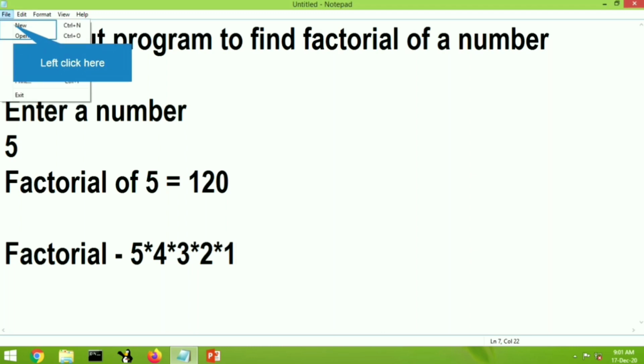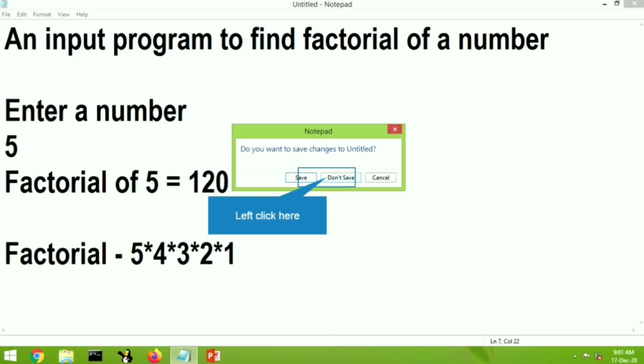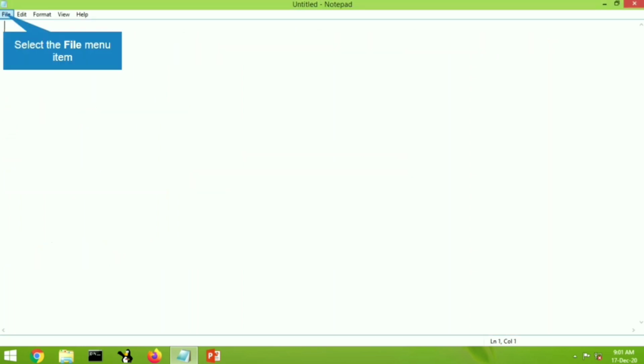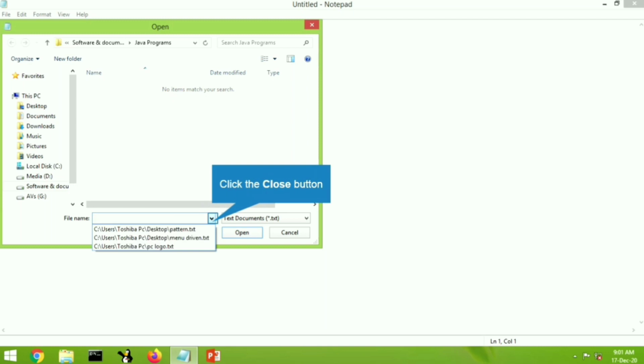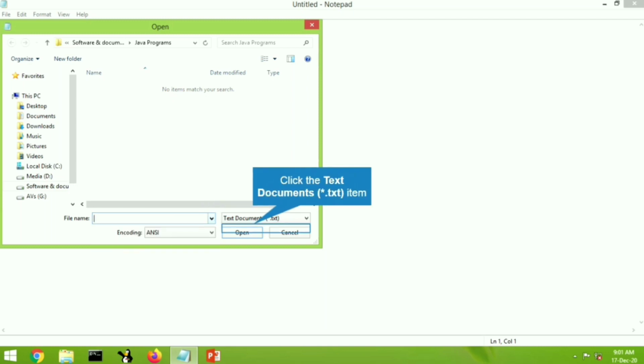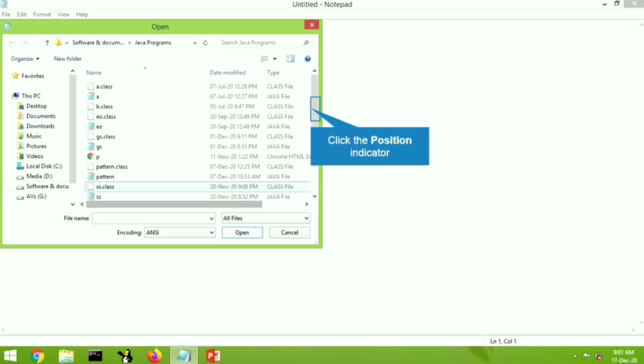Okay, so let's see how we can do this. For doing this we need a loop. We can use a for loop, and we can use a while loop also. So let's start the program. For this I will take an old program, from which I can get most of the code for this program. So let's open an old program.